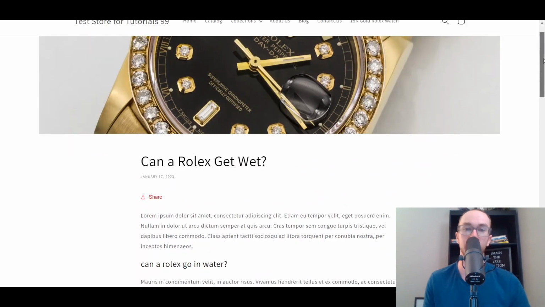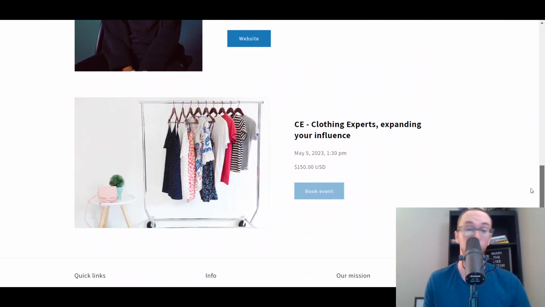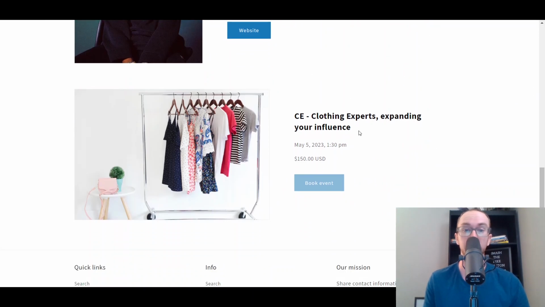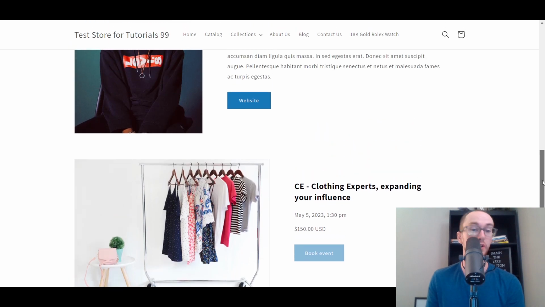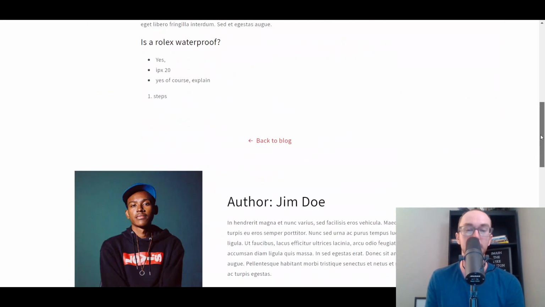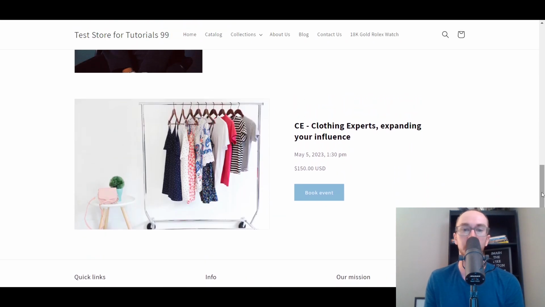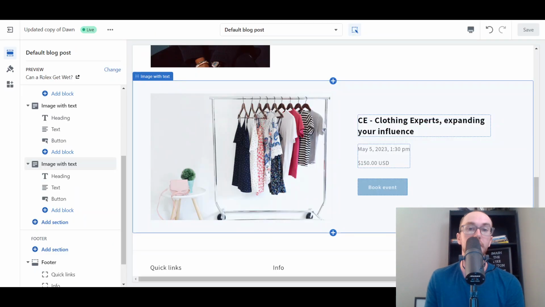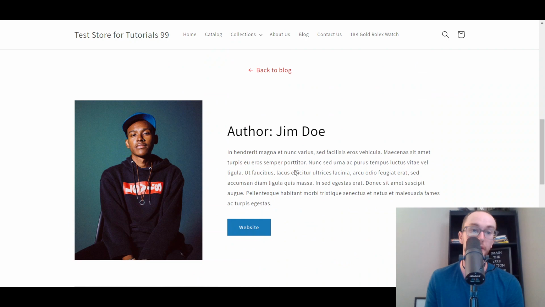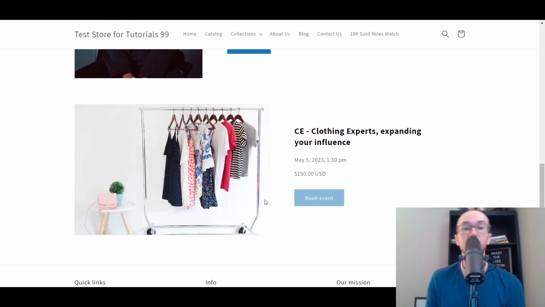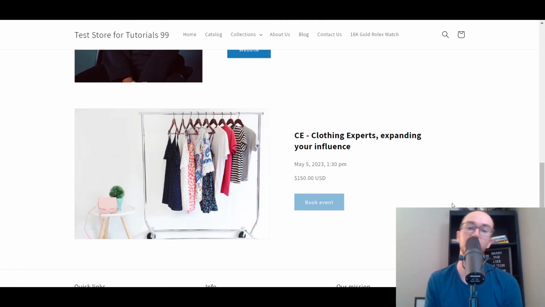And so, yeah, of course you can make this look however you want, maybe make it look a little bit nicer if you really want to make it pop a bit more and market your event better. But it's really cool that you can add in this custom information and data to any page you want. Of course, if you want to change out the event that's being marketed on a given page, you just go in and add another listing. So you can change your authors, change your events, and there's really infinite different ways that you could implement these